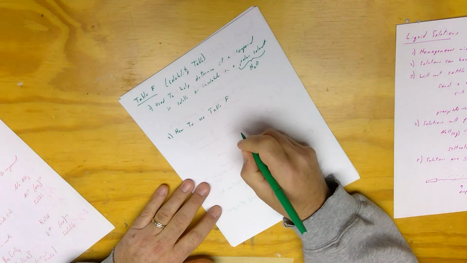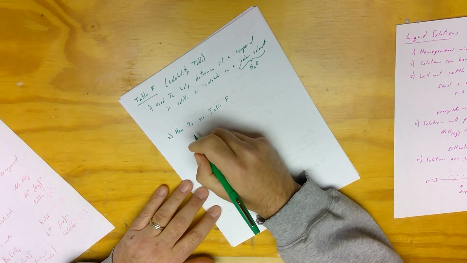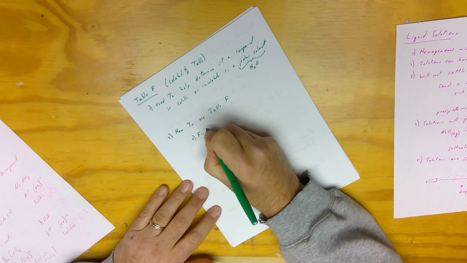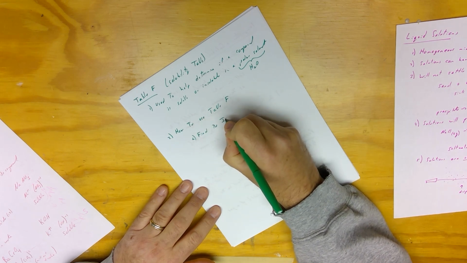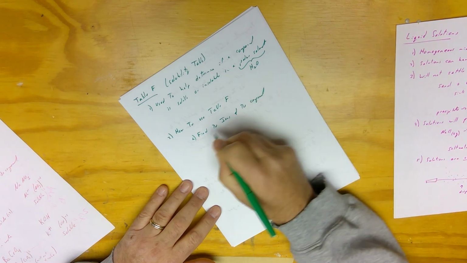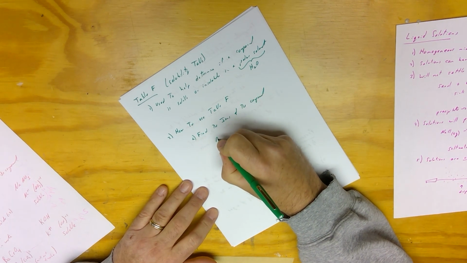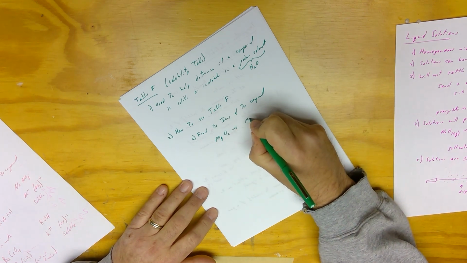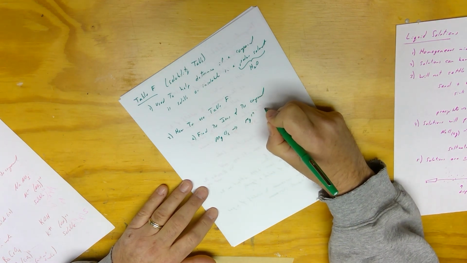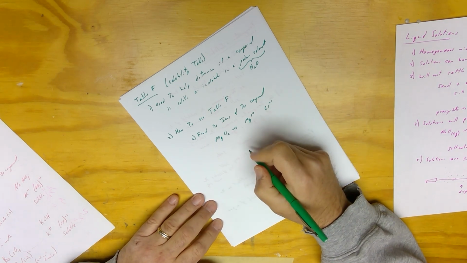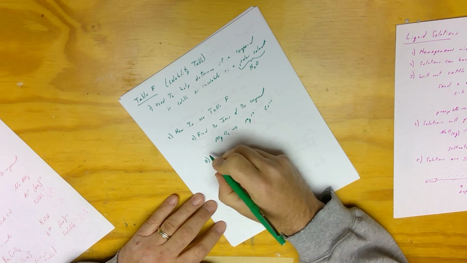Well, really the first thing we do is we've got to figure out the ions. So let's say we have MgCl2. Our ions are going to be Mg2+ and Cl-. Once we know what our ions are, then we're going to